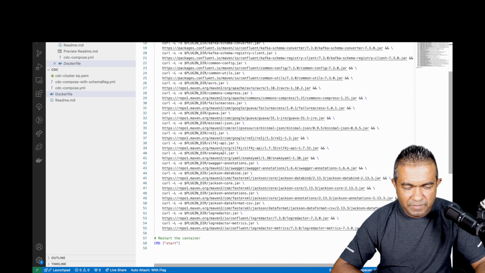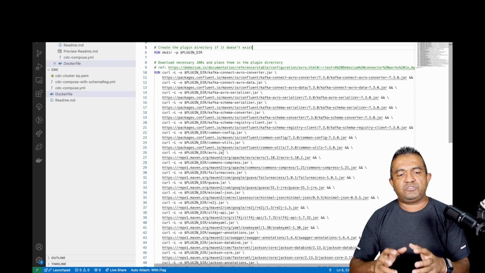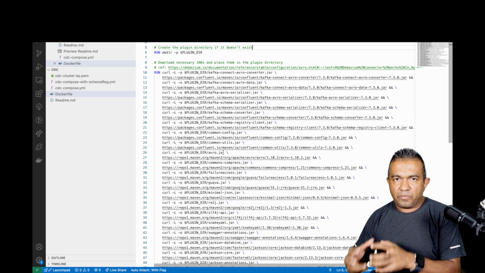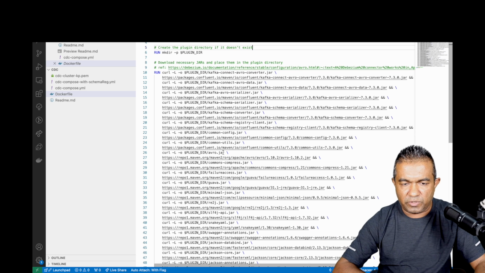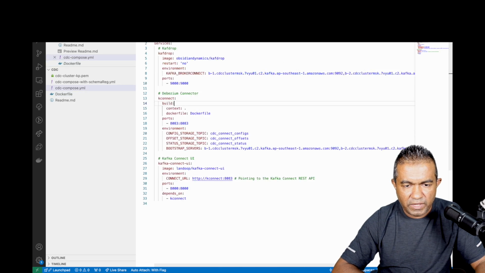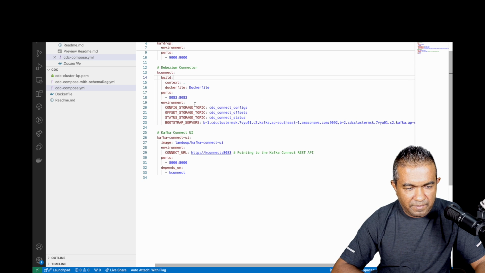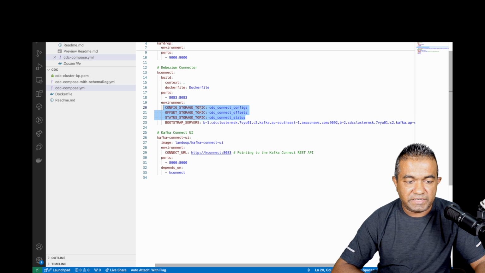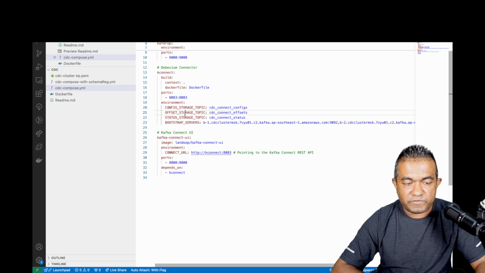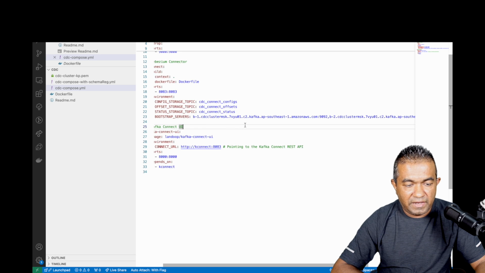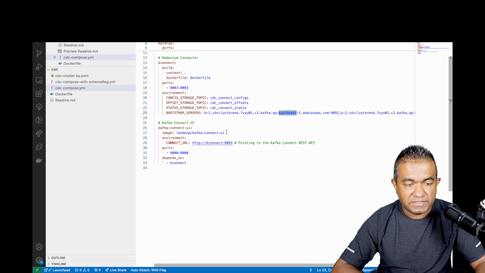Right? So here I'm downloading all the libraries, but I need to convert my message to Avro and store it in a schema registry. Okay, so now after that I'm going to use port 8083, and I need to set up three base configurations: the config storage topic, the offset storage topic, and the status storage topic. For this one I'm creating these topic names, and then I again configure the same Kafka broker URLs, and